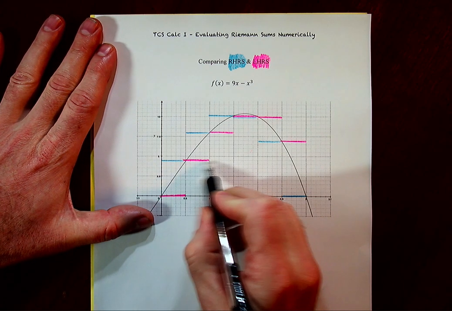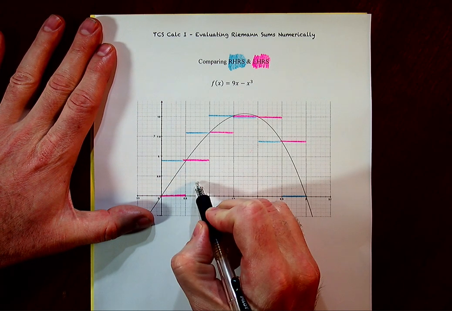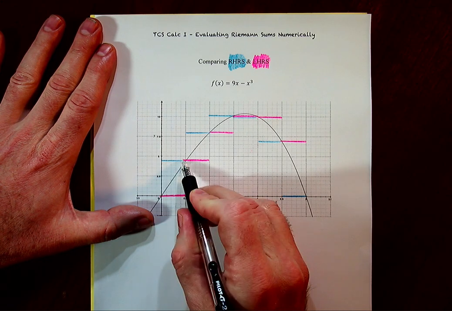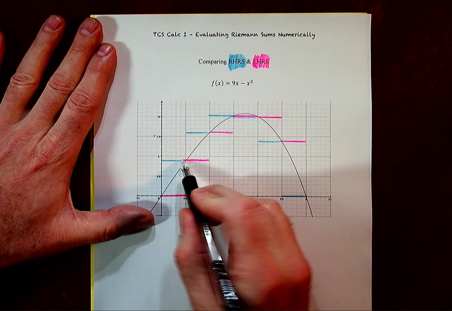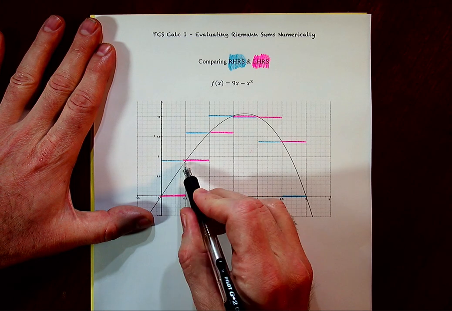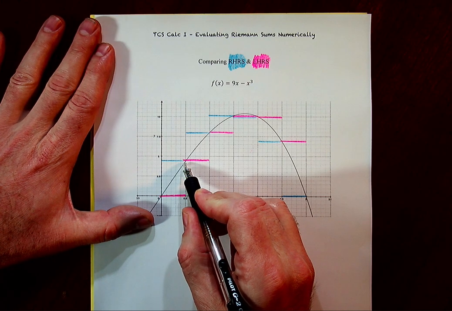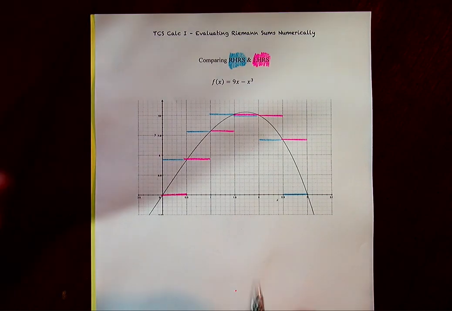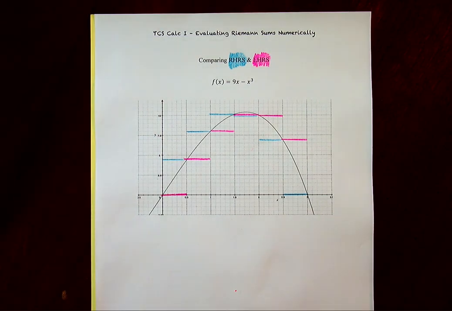This represents the height of the second, but it's the same as the height of the first for the right-hand Riemann sum, and that's because what is left hand for the second interval is right hand for the first interval. So basically what that means is if you get a different value for your left hand and your right hand Riemann sum, it's